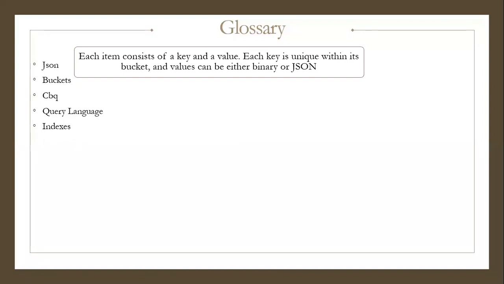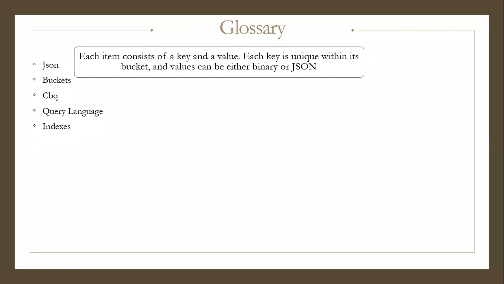It will be there. And each key should be unique, with its bucket. It is like an ID or primary key. Then the value associated with it will be there. Whichever documents or data we are going to save in this Couchbase database will be in the form of JSON format.